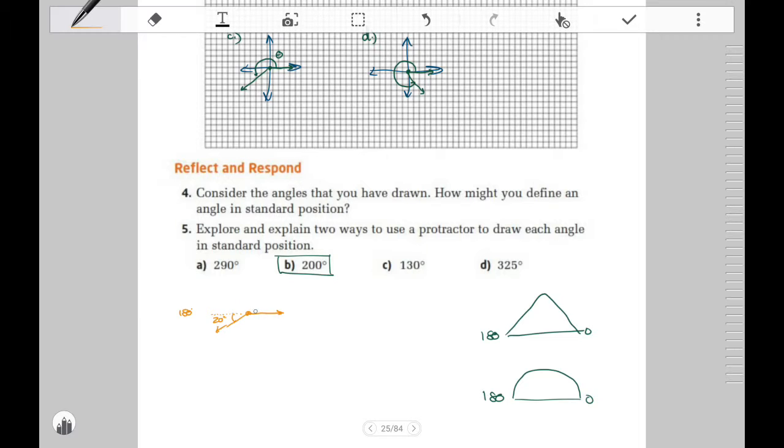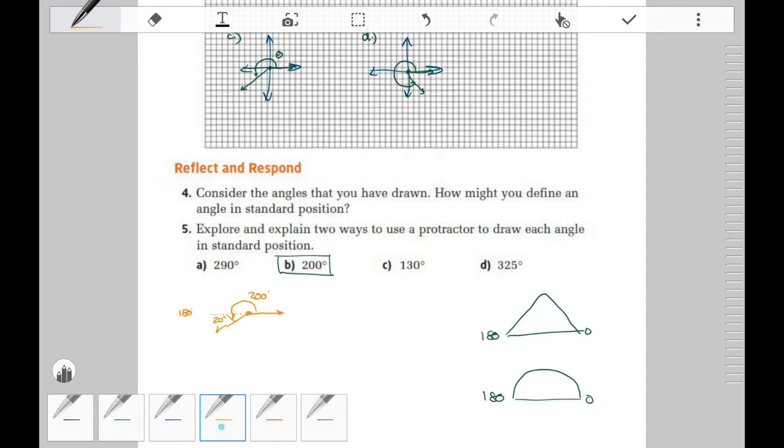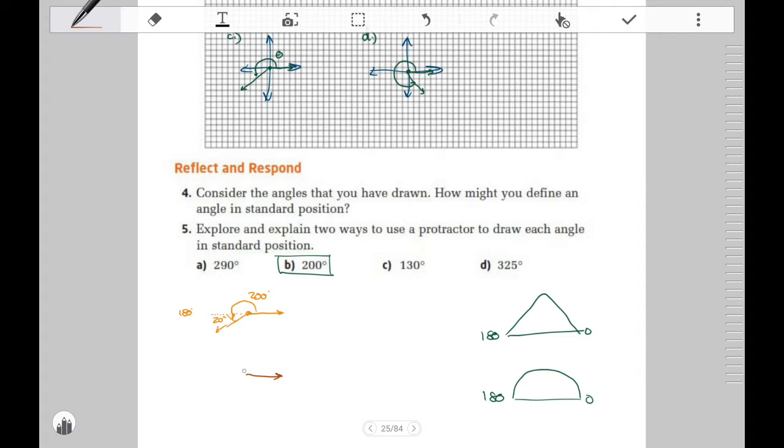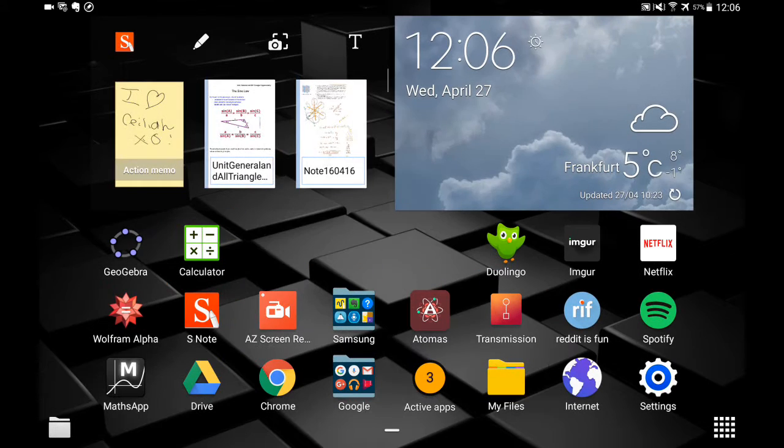So our angle of 200 degrees would be this. From the initial arm all the way counterclockwise this far. Here we've added 180 degrees and 20 degrees to get that 200 degrees. Alternatively, what we could have done to draw an angle like this is have our initial arm, and we know,